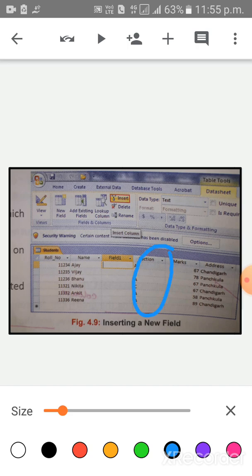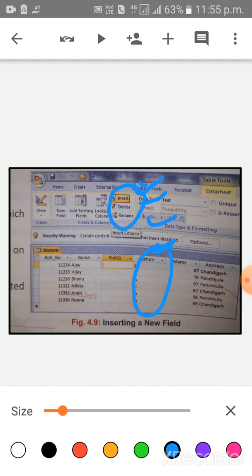Select this field header and keep your cursor here and go to the field and column group of the datasheet tab. Here 3 buttons are there: insert, delete and rename. You want to insert a field, so you click on the Insert button after selecting this field.